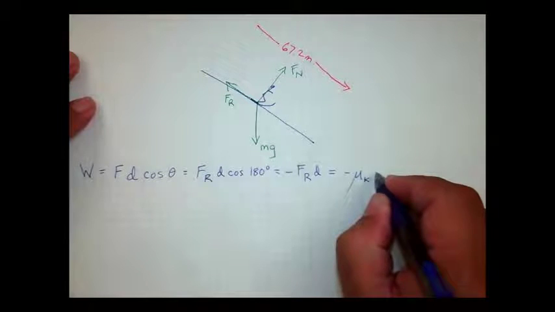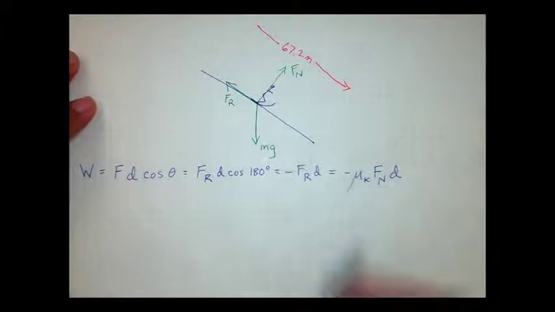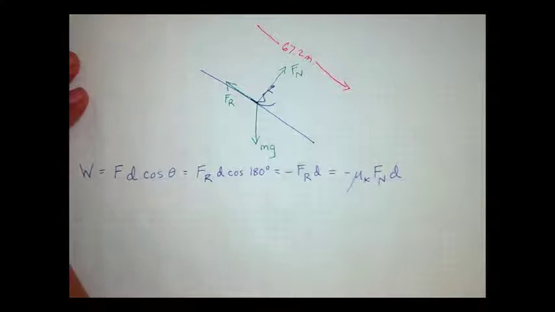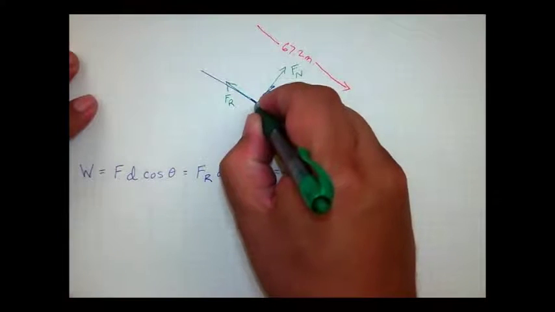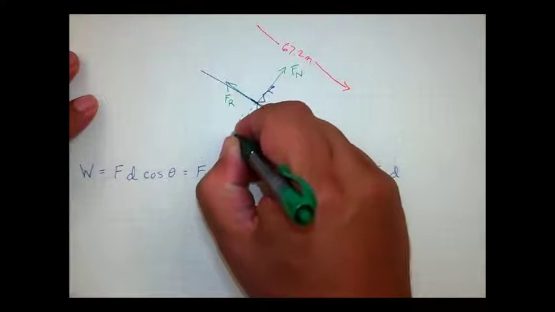force, which is the coefficient of kinetic friction times the normal force times the distance. So now, in order to figure out the work done by friction, we've got to find out what the normal force is. We've done this before, previously, working with Newton's second law. And remember, when we did that, we broke up the weight force into components